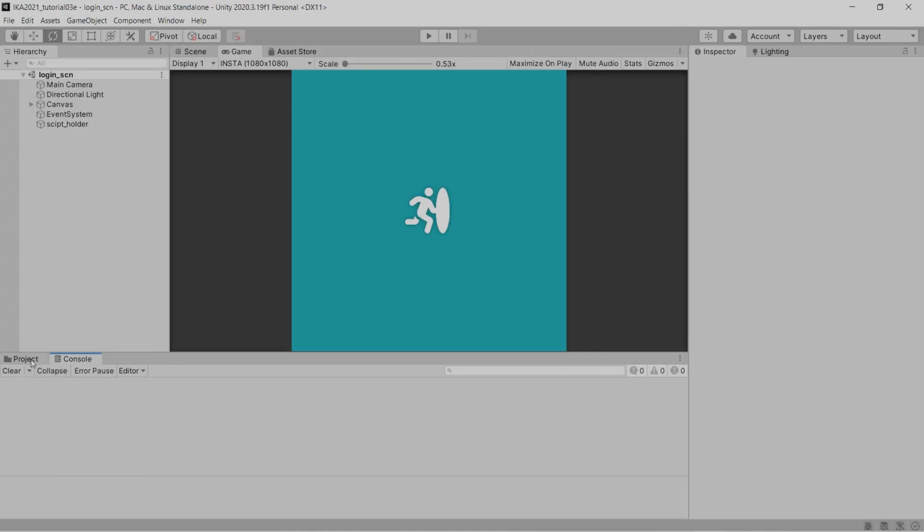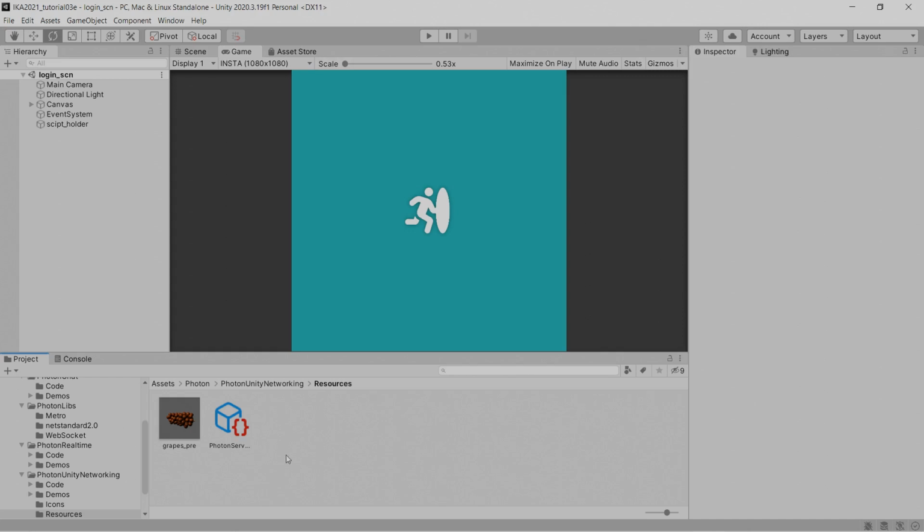So, the last part of this tutorial is going to be about adding special properties to the objects instantiated over the network. So what we want to achieve is that,